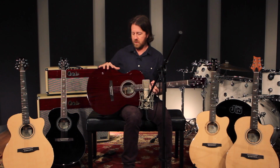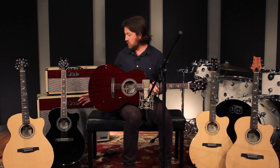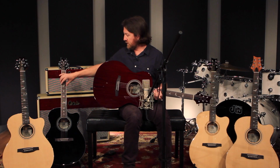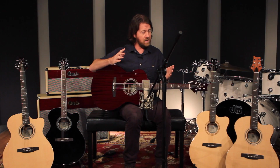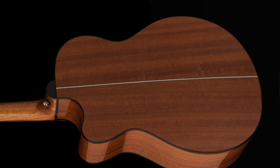Another thing with the A10E is it's slightly less traditional look. It's the only one offered in 2 finishes. You've got this beautiful black finish that is the only one that has the binding around the headstock and the fingerboard. It's a very bold look, and this beautiful tortoiseshell. It's a gorgeous guitar. So taking the next step into the A20E, which is the mahogany back and spruce top,